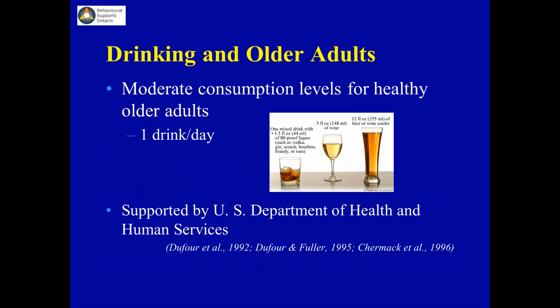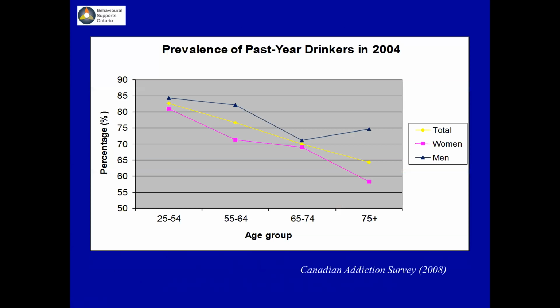I am part of a working group right now through the Canadian Coalition of Seniors Mental Health, and we are actually in the process of developing new low-risk drinking guidelines for older adults specific to Canada, and they will be coming out in the winter. We also have a few other working groups, one looking at cannabis use, one looking at benzodiazepine use, and the other one looking at opiate use. So that's some wonderful work that's being worked on right now, and hopefully we'll be able to share it with you by the end of the year, early next year.